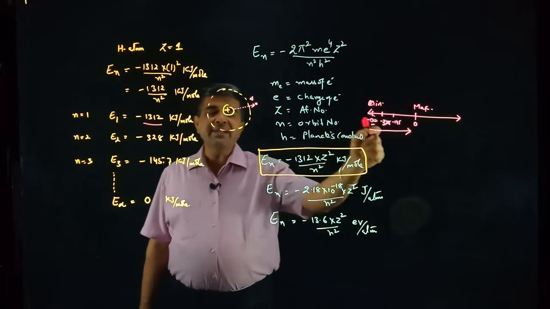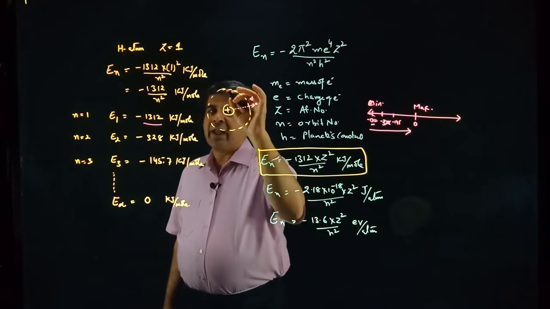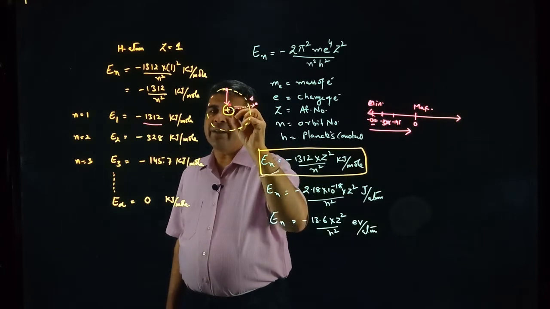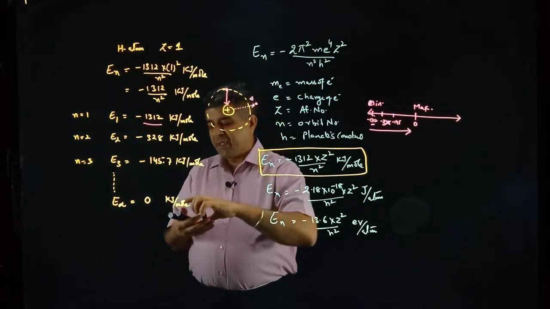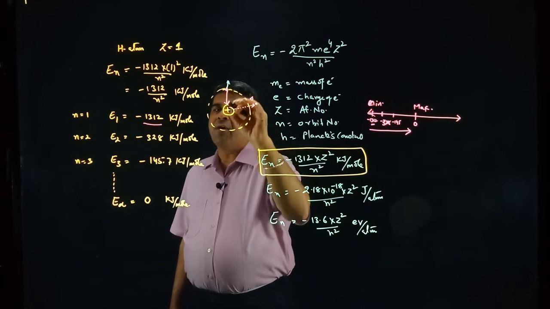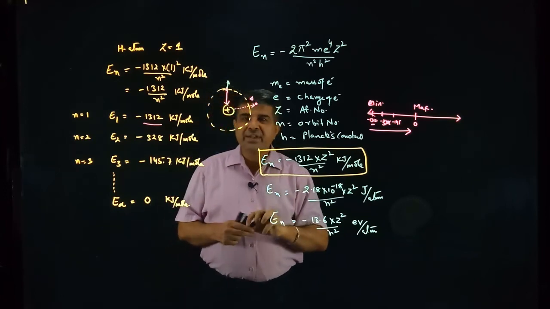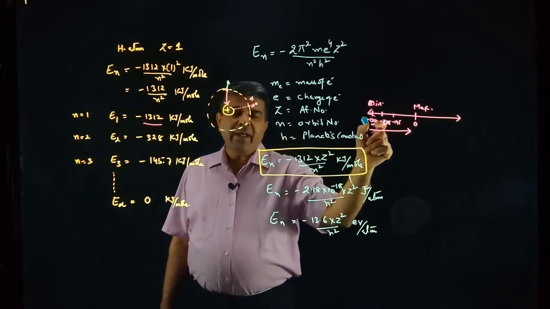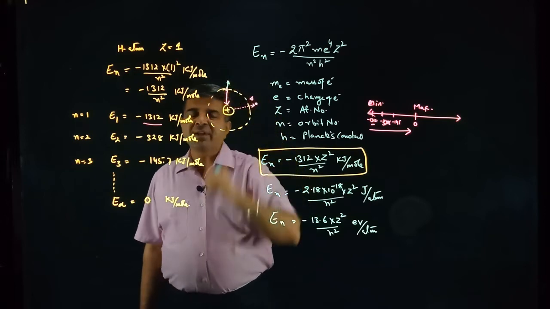Now the minus sign in this equation indicates that suppose the electron is present in this first orbit, and this electron is strongly attracted by the nucleus. Now to remain in this stationary state, the electron will have some negative energy, or the energy which will counterbalance the inward pull. So this negative energy indicates that when the electron is closer to the nucleus, it has to apply more force to be in that orbit or stationary state.